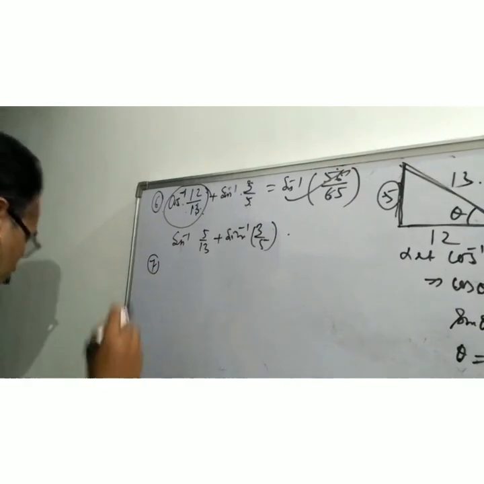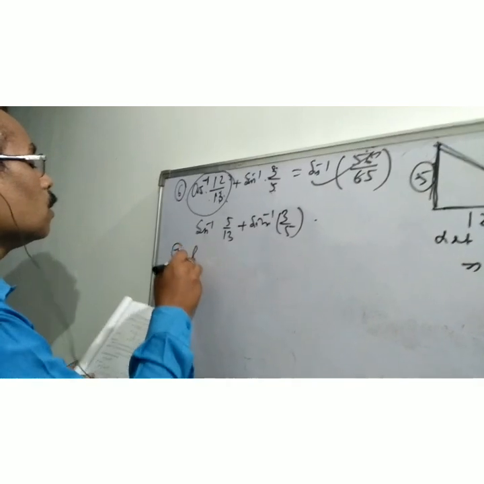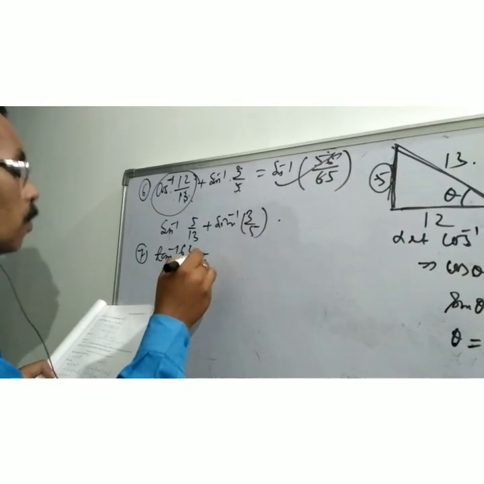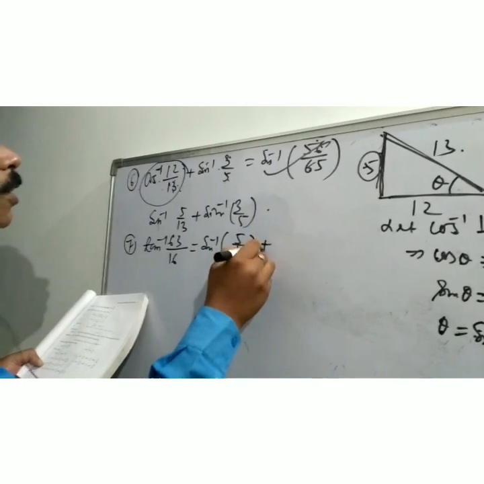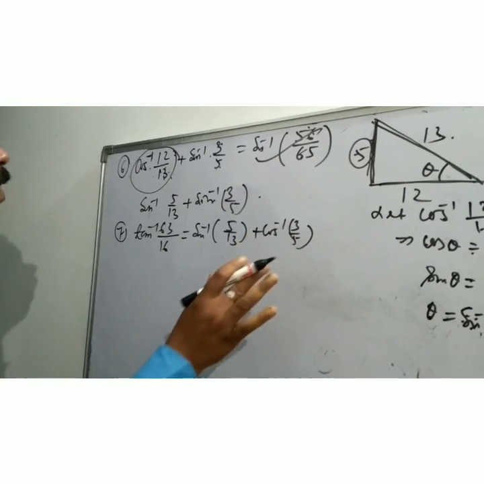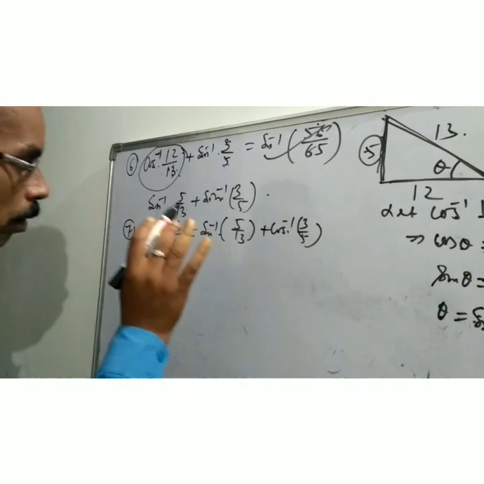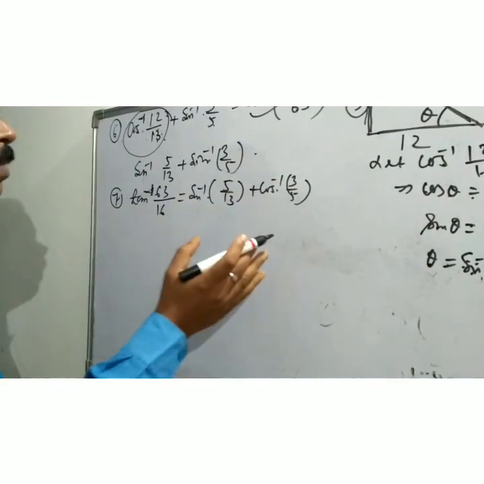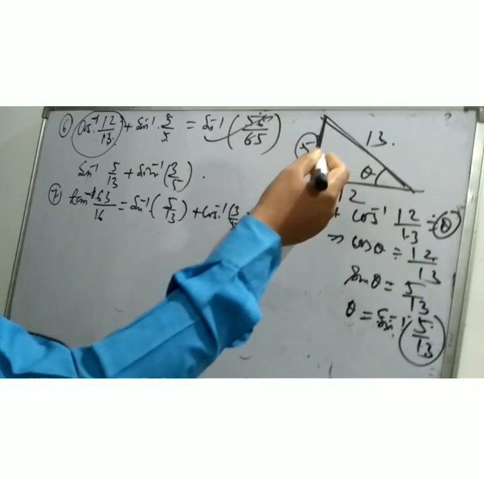Similar is question number 7 in the miscellaneous exercise also. What is the question? tan inverse 63 by 16 is equal to sin inverse 5 by 13 plus cos inverse 3 by 5. In this case, all the terms are unequal. You have to prove in the tan inverse, with sin inverse and cos inverse. So I convert all the RHS terms into tan inverse. Then with tan inverse x plus tan inverse y, you will easily get this value. So how can we convert? Similarly, we will take the help of the geometrical process.